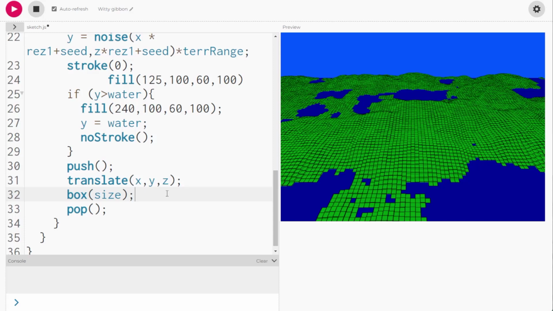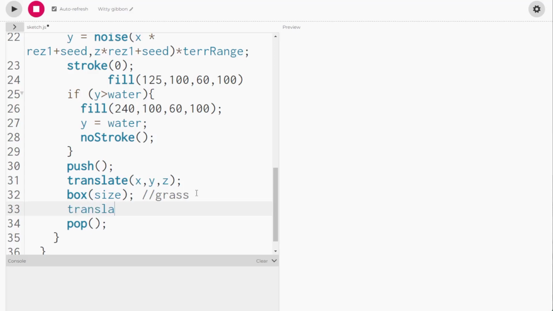Now the gray blocks, I could do single blocks, but I would like to do just a long block. So after we make our grass, let's just say, okay, this is the grass. We want to translate, and we're going to translate down from the grass, and we'll translate for the size. Let's try translating 3 blocks. Oh yeah, and this is also a water block. Yeah, let's translate down 3 blocks. Then we're going to make a stone block. So we're going to fill with a stone color